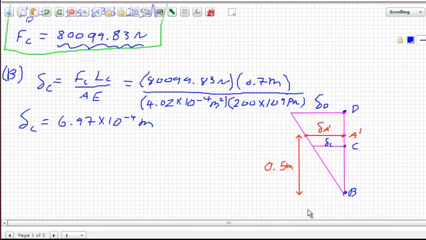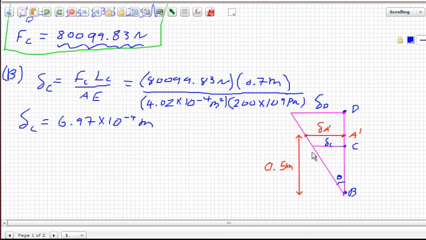I've exaggerated in my drawing over here. This angle, or the angle that the bracket moves, is extremely small. It's very minute, and that's why I can assume that these lines are actually straight, because the angle is so small. So now that I found out what delta C is, I'm gonna use the ratio using similar triangles between